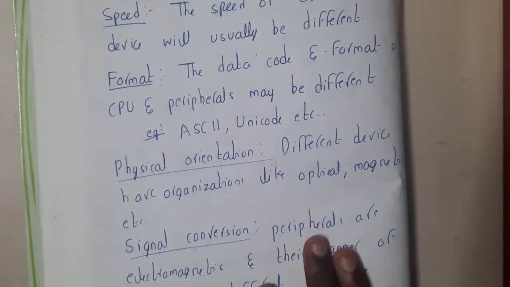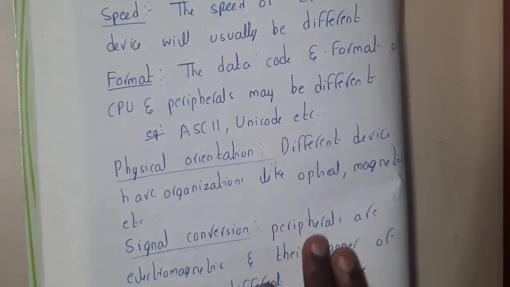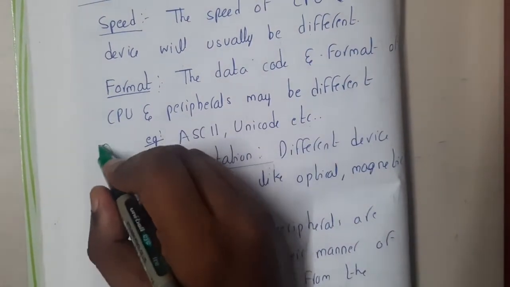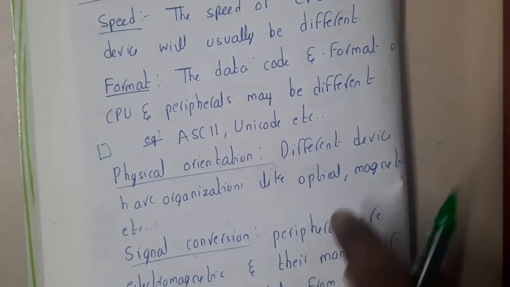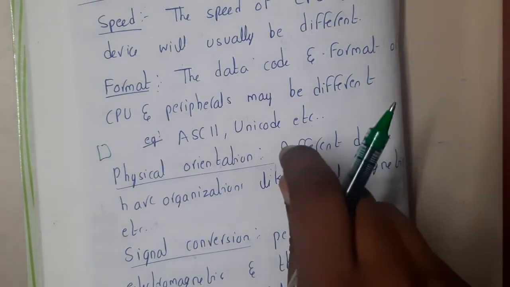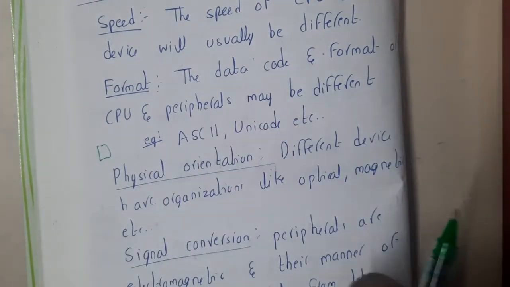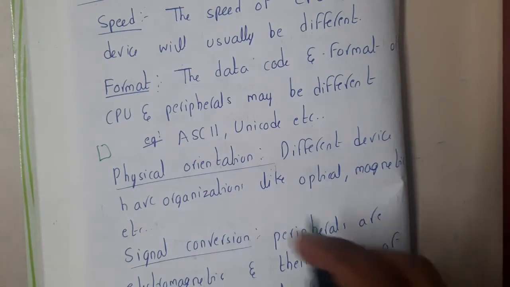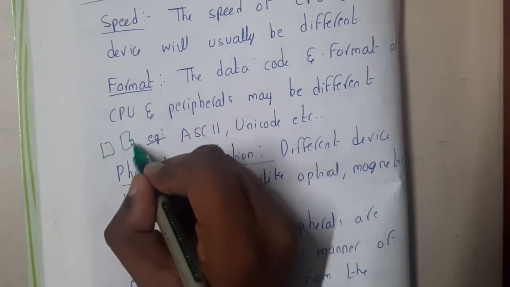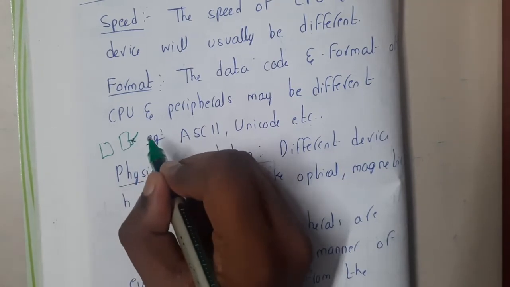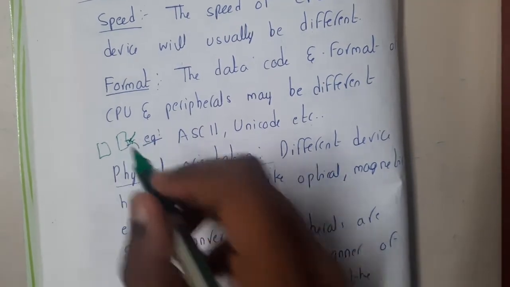Similarly physical orientation. Okay, so you might be connecting a pen drive. So I think this is USB 2.0, right? 2.0 or 3.0. So it is 2.0 only. So that you will be connecting, right? So for any device you buy, the same port will be coming. So if you in your laptop, in a particular port, if you place pen drive, it will be read as pen drive. If you connect your phone, it will be treated as your phone.